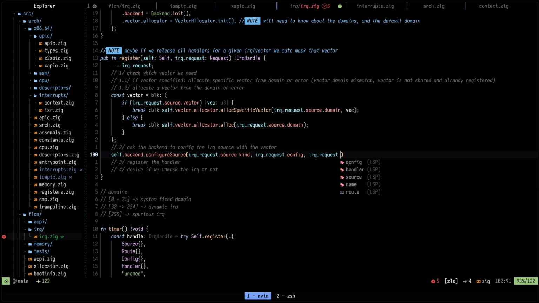No handler yet. So I guess that's pretty much all we need to pass it. Root, maybe? Yeah, we need to pass it root, and we need to also pass it the vector we've just got